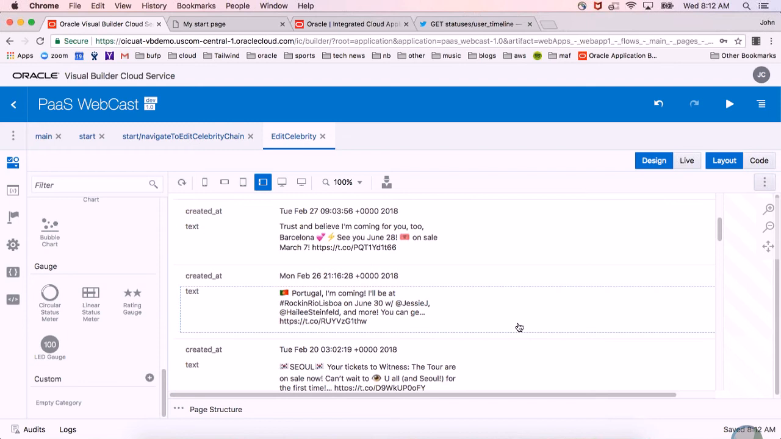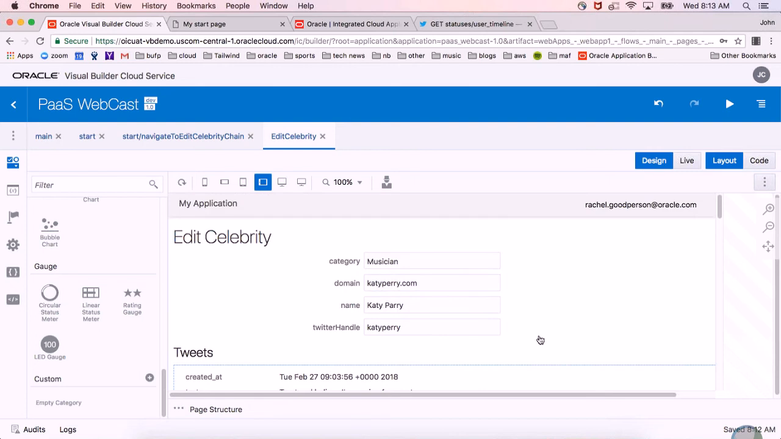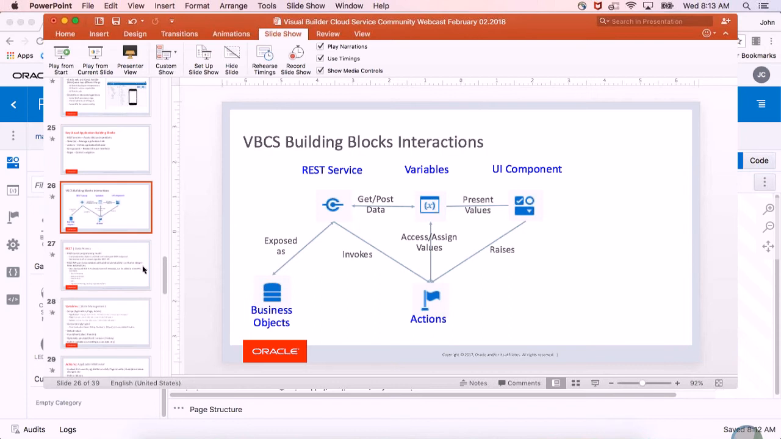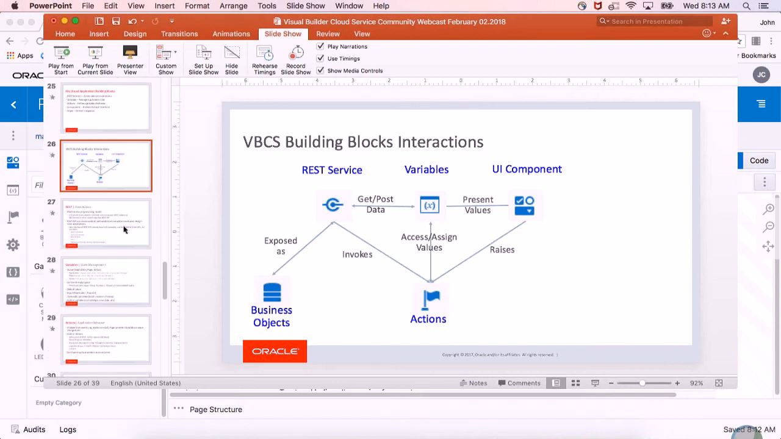But I want to leave some time for questions, and I got a couple more slides here. So that is basically a quick tour of how you build out applications in VBCS. I'm going to skip through a bunch. Well, okay, so